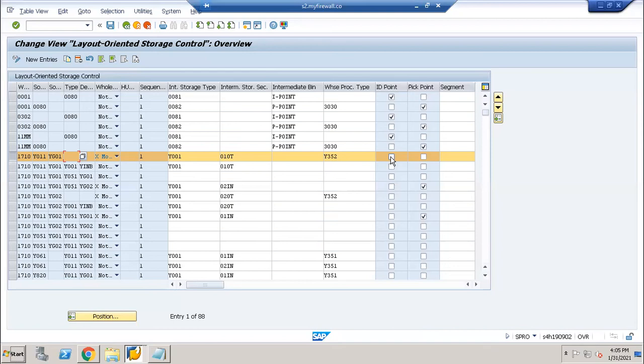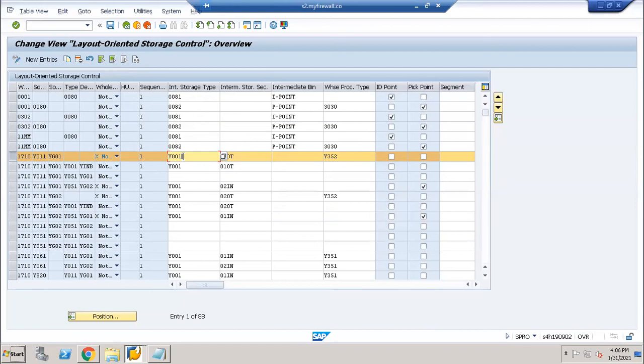POSC can fulfill the objectives of LOSC very easily, because the peak point and ID point are very difficult for the business to maintain. We also have an interim storage type and interim storage section, which can be maintained easily in POSC.